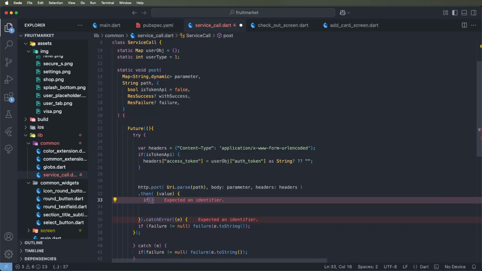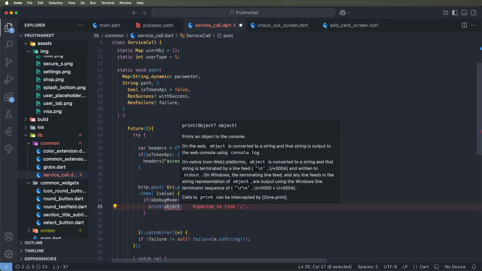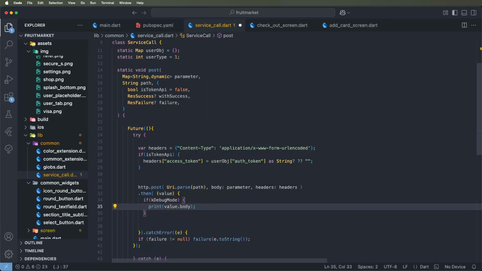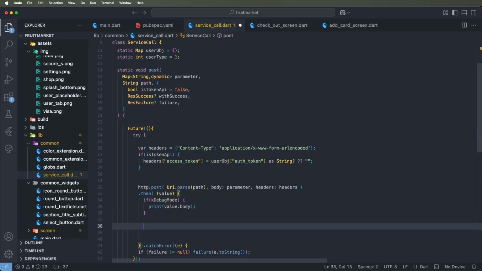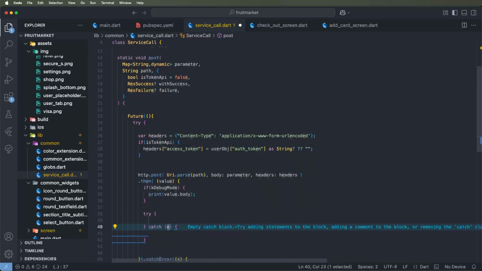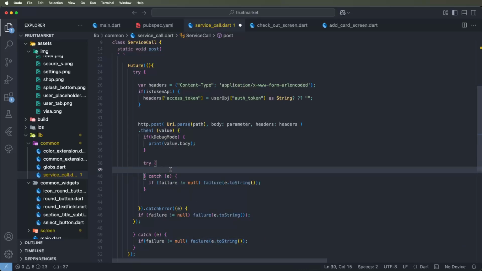okay, debug mode, then print the response value dot body like here. If not debug mode, then write the try catch that we need to call here, and same as that, we need to pass the failures here. And now where